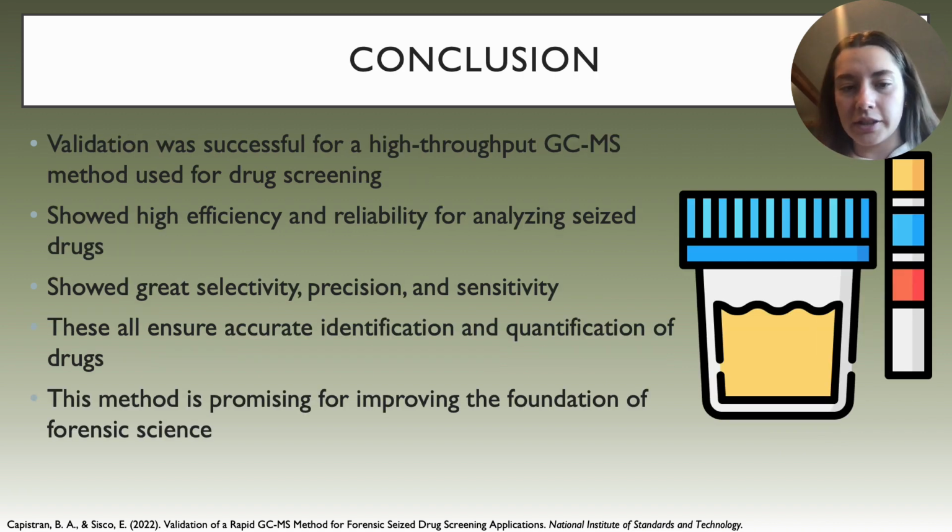So in conclusion, this validation was successful for a higher throughput GC-MS method, which can be used for drug screening. They showed extremely high levels of efficiency and reliability for analyzing these significant amounts of seized drugs, showed great selectivity, precision, and sensitivity, and it's very promising for the